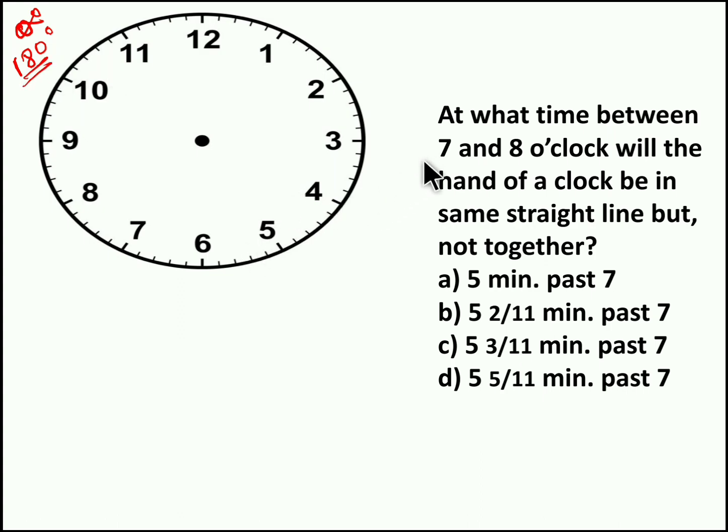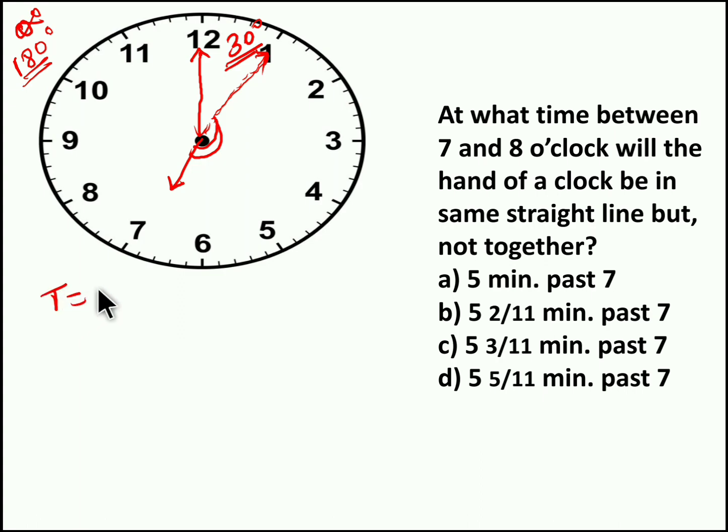So from 7 to 8 o'clock, it means we have to consider the base time as 7, right? So exactly at 7 am or 7 pm, the minute needle will be pointing to 12 and hour needle towards 7. If it wants to make 180 degree, the minute needle has to move 30 degree towards 1. So if it moves towards 1, we will get 180 degree. Now during this 30 degree movement, not only the minute needle but also the hour needle will make a movement, right? And we know the relative speed between minute needle and hour needle is 11 by 2 degree per minute. So here we are going to use the simple concept of relative speed.